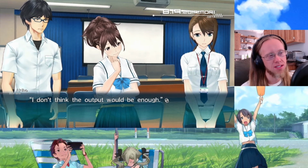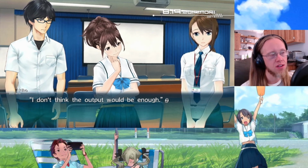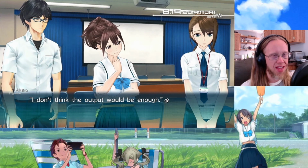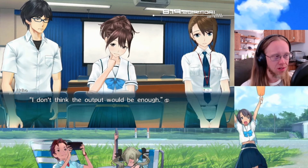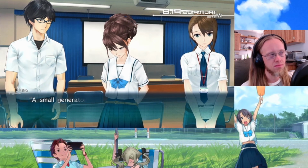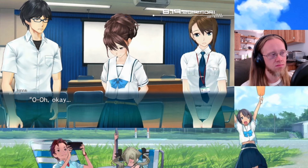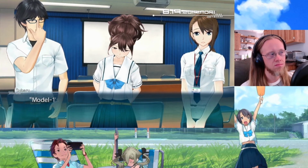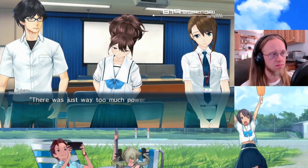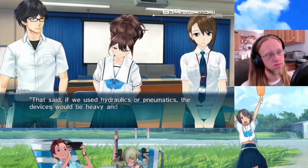What would be enough then? The only thing I can think of is the electrical discharge that the monopole gives off. And I don't think there's really any way that we can extract that electrical discharge. We would have to use the whole monopole. トラック用のディーゼルエンジンですら全く足りなかったぐらいなんだもん。小さな発電機じゃガンツク1の足は数ミリしか動かなかったかも。そうなんだ。1号機に使っていたサーボモーターが電気駆動式だったことも影響しています。電力の消費量が多すぎるんです。とはいえ油圧式や空気圧式だと装置自体が重くなる上に制御も大変で、しかも高い。